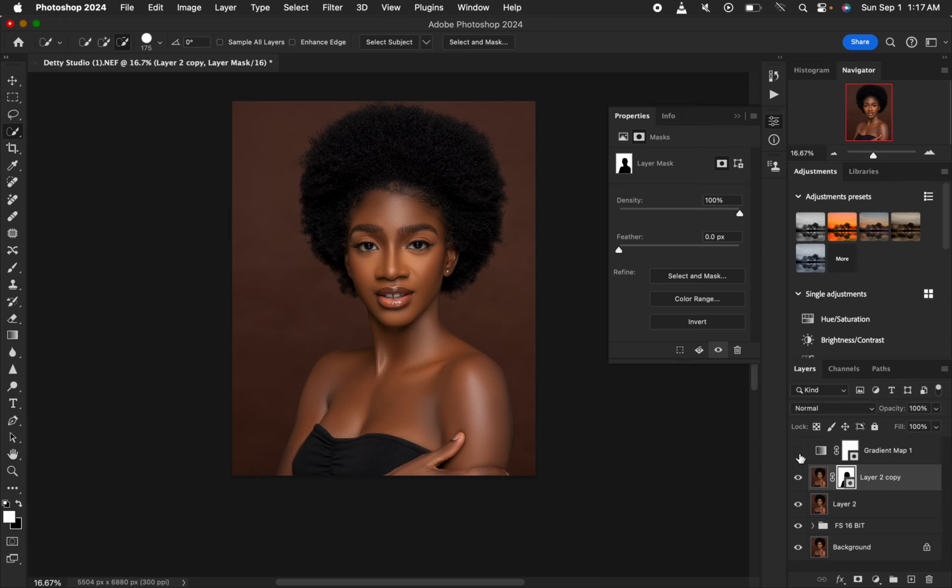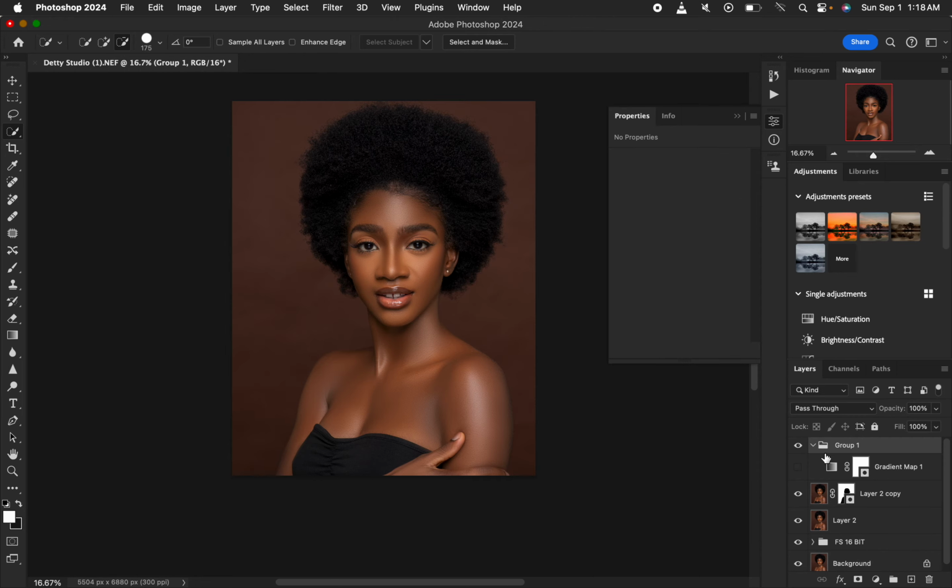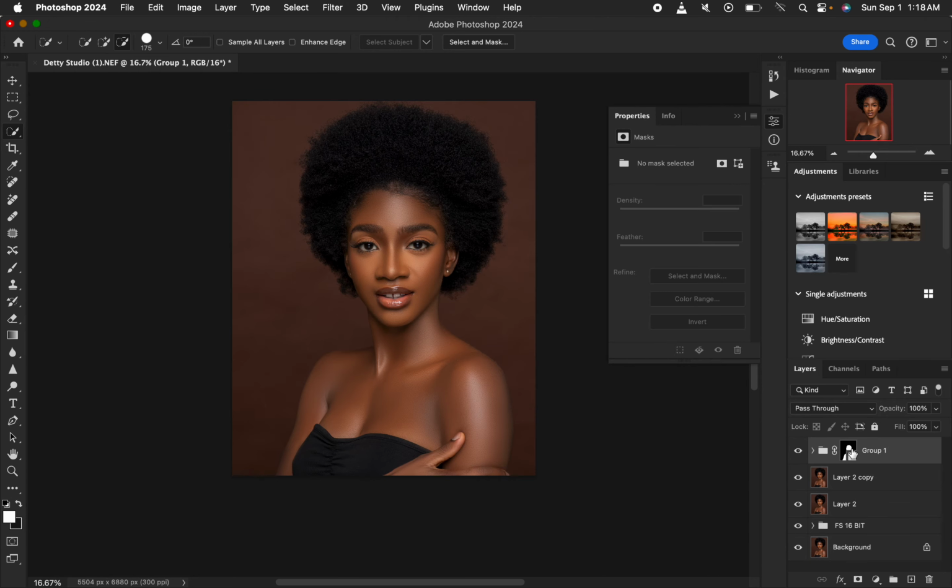Now we are going to select the gradient layer and drag it to the group icon to put it in a group. After putting it in a group, close the group, and now hold down the shift key on the keyboard and click on the layer mask. So shift and click on this layer mask and drag it and place it